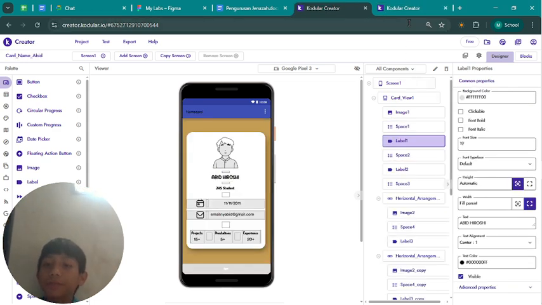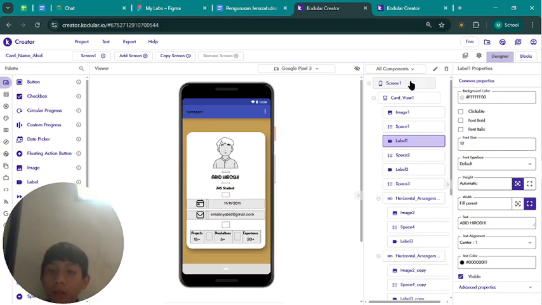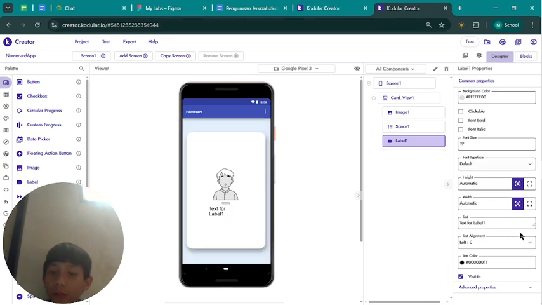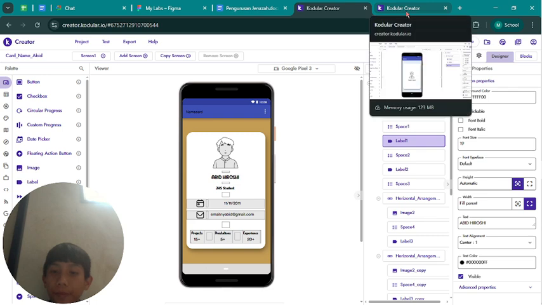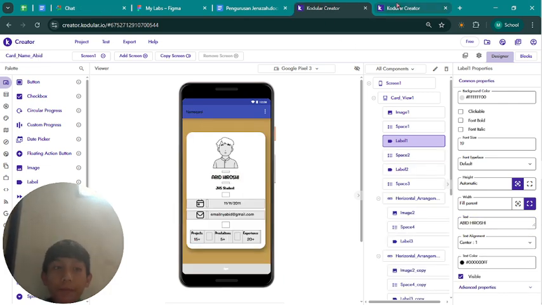For the label, you change the font size to 19 or 20, and then the width fill parent, and don't forget text alignment to the center, and then type your name like me, like this,